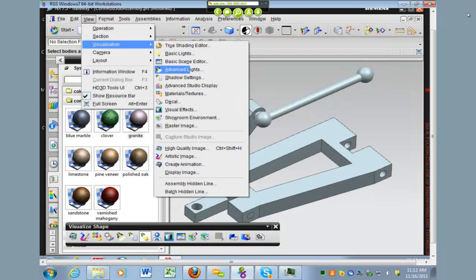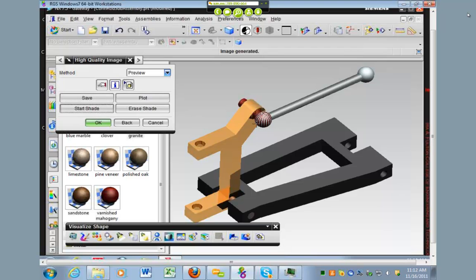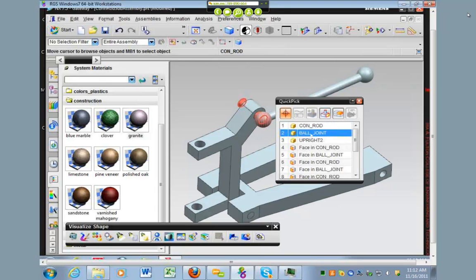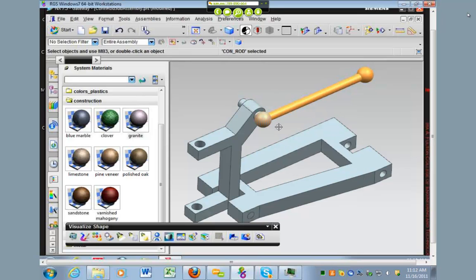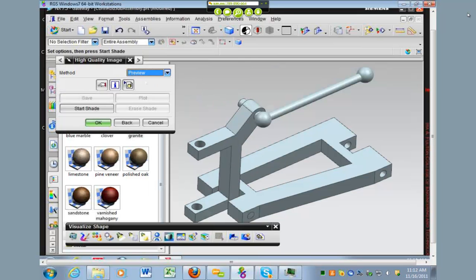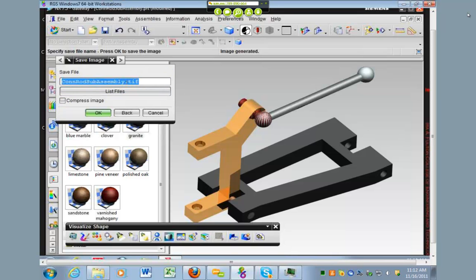view, visualization, high quality image, and when you shade this, it'll come out like that. So it looks like there's two bodies there. I'll have to delete one of them. Yeah. Anyway, there's two on top of each other. But as you can see, you capture the high quality image, photorealistic, start shade, and it makes that look like it is here. And then you can say save, and it'll save it as a file, usually a TIFF file,